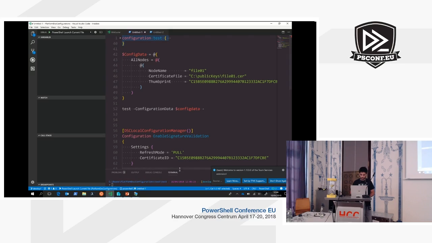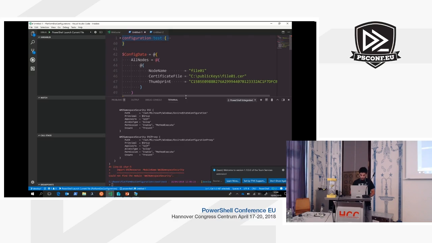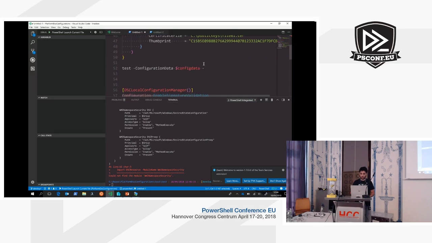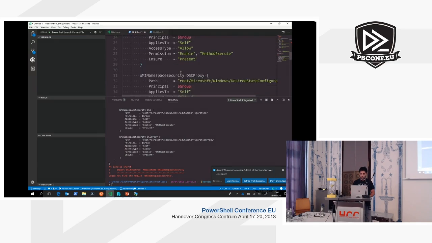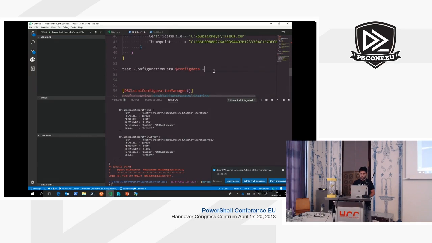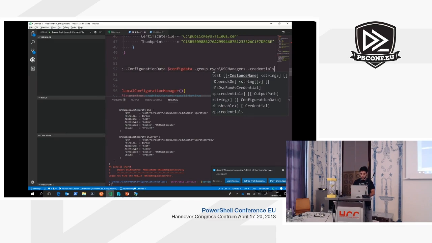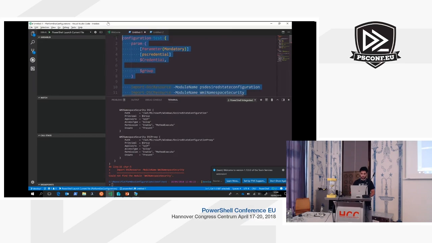Ooh, something threw in the error log. It's complaining because I don't have that module on my machine. Trust me, it'll work. So I'm just going to say here, group, and I already pre-created this group. So I'm just going to call it DSC managers, and the credential. Okay, so now if I run this on my